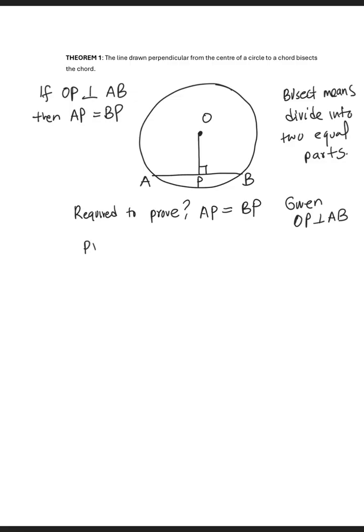So then here is the proof. When we prove, the first thing that we do, we're going to construct AO and BO. So then we can do our construction. This is our construction. And then after constructing, then we're going to say